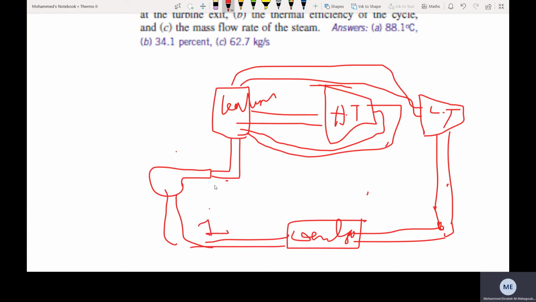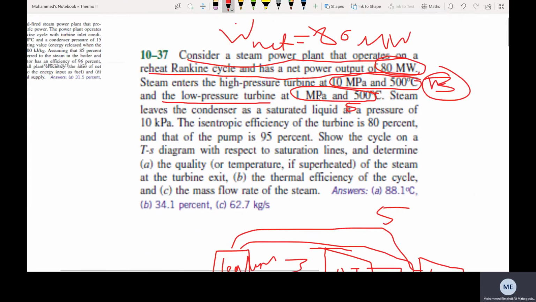So this is point 1, point 2, point 3, point 4, okay, sorry, no, point 3, point 3 is here, point 3, point 4, point 5, point 6, okay. So this is the state of point 5, and then it leaves the condenser as a saturated liquid. Remember, if he didn't give you this information, you need to assume it, which is saturated liquid at the inlet of the pump. So it leaves the condenser as saturated liquid at a pressure of, so these are the properties